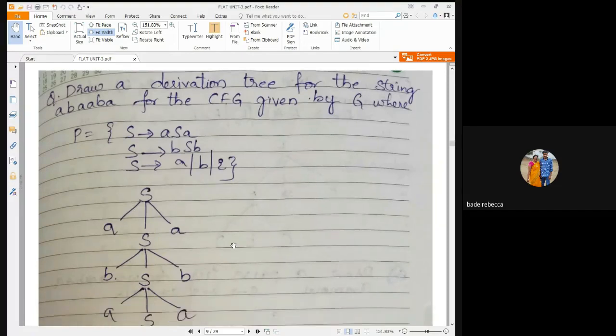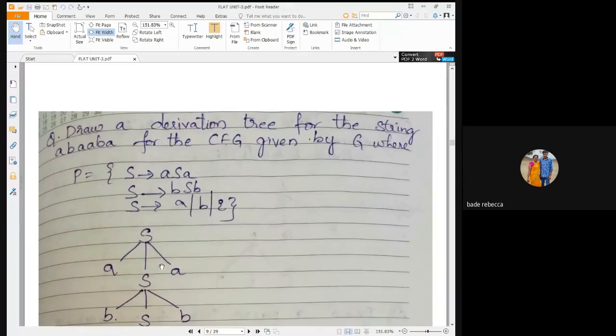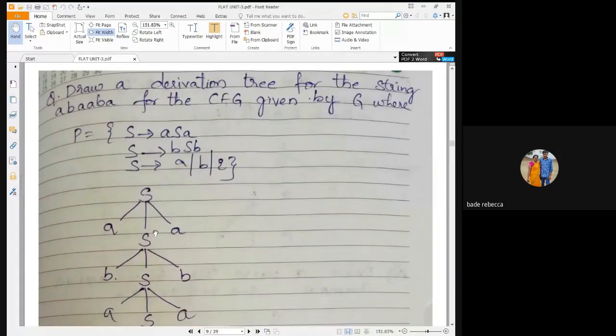Now you see this example and first you try to solve it. To start with, initially there is only one non-terminal, one variable here. I'm starting with S implies ASA. Hence, S is the start symbol. We are using S as the root node in the parse tree. Is it clear here? Yes, ma'am. S implies ASA, this production rule I'm starting with. Hence, I am drawing the parse tree with the root node S and the production symbols ASA.